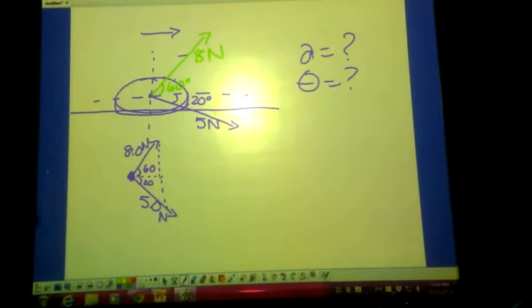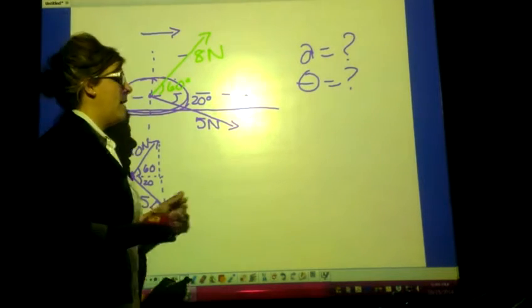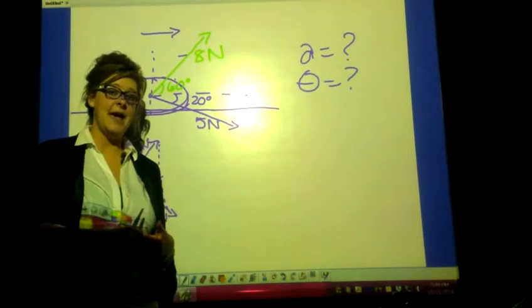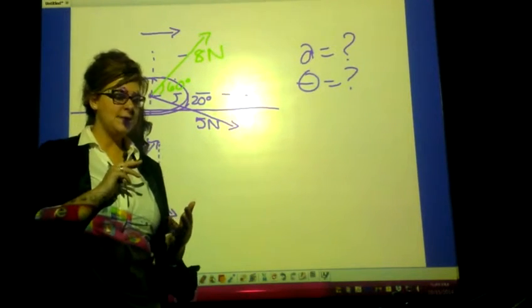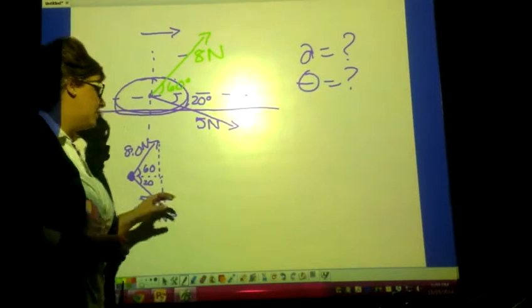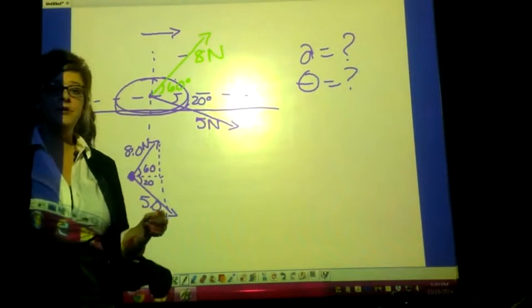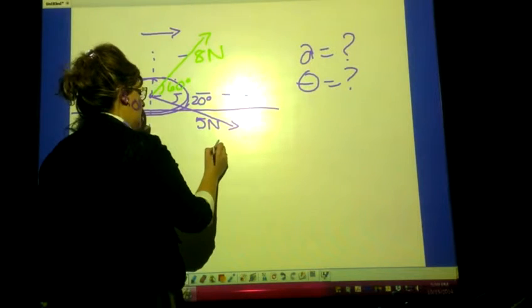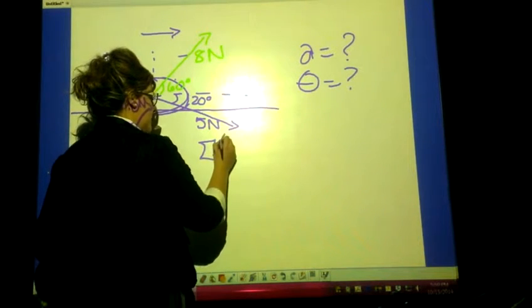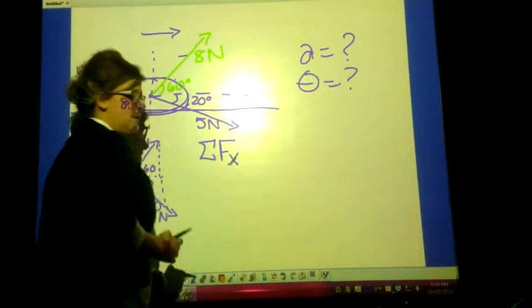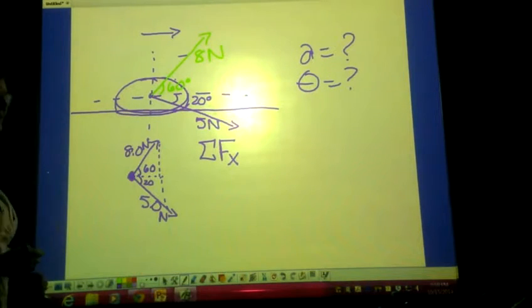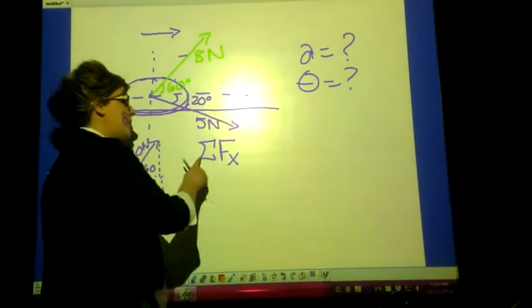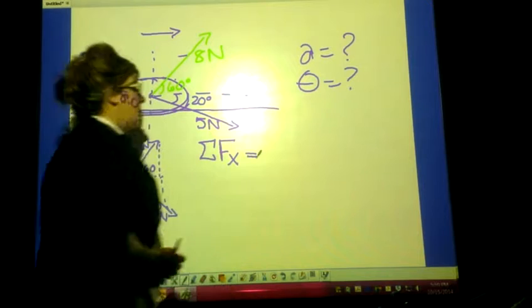But when I do that, I want us to start by thinking about what are the forces that are acting in the x direction, what are the forces that are acting in the y direction. So if I have components, I have to break my problem up this way. The sum of the forces, so I'm going to write sigma F sub x. Let's start with the forces in the x direction. The sum of the forces in the x direction are equal to,